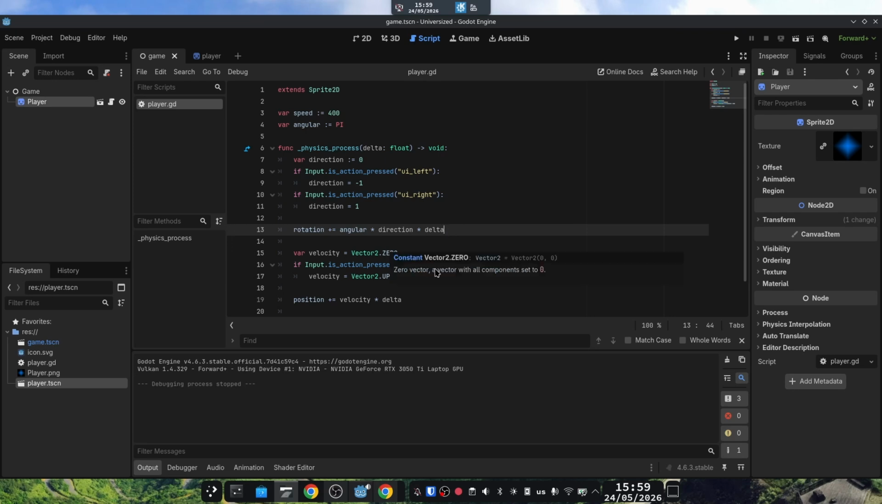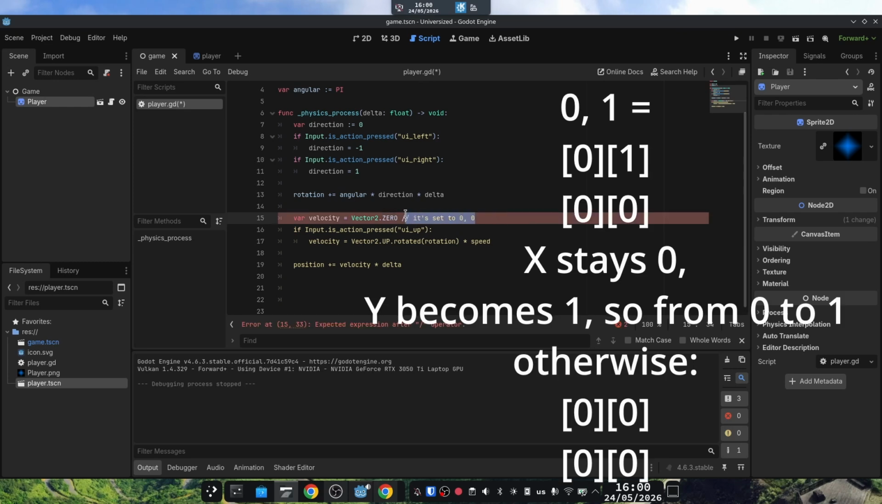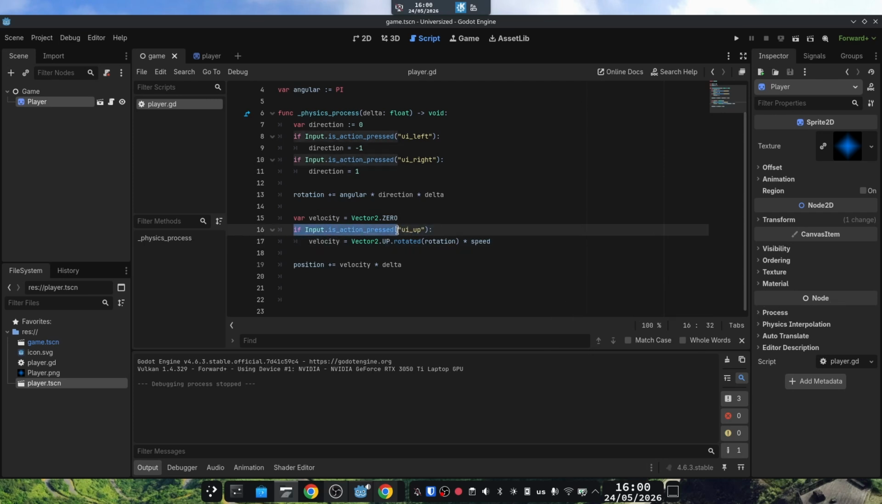Alright, now we're going to the velocity, the movement. So I'm declaring here a new variable called velocity. This variable contains a Vector2 data type, and it's set to 0, 0. Do you know what it means? If you press the up arrow, then no. But this time we're setting the velocity to